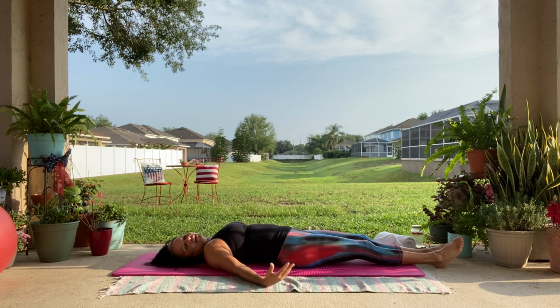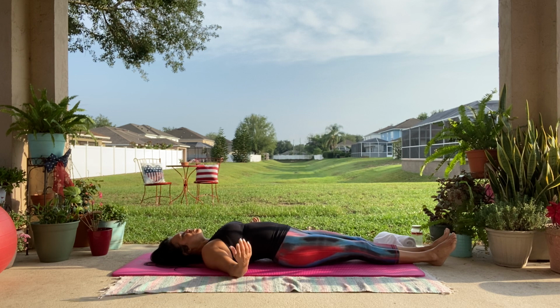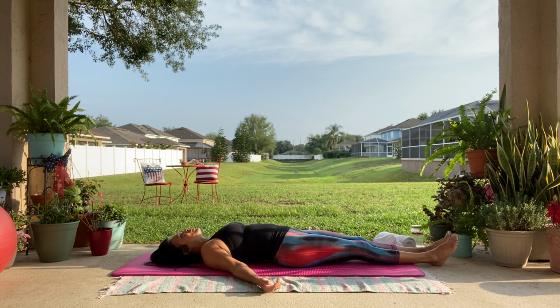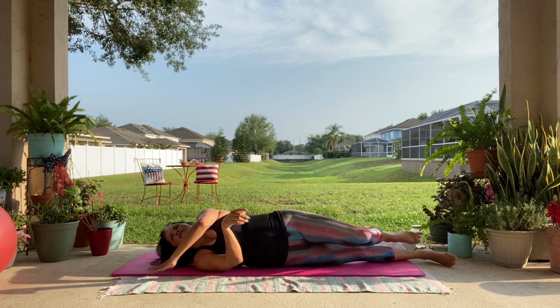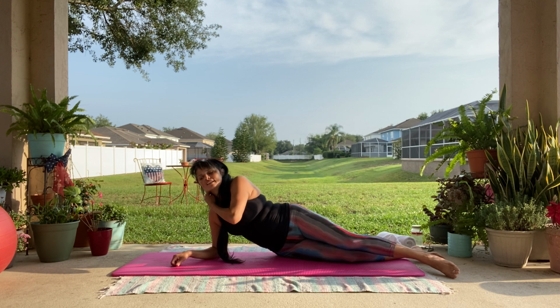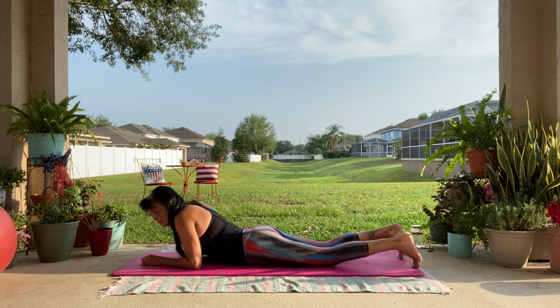We're entering cool down. So right here, I just want you to lay down. Put all your weight on the mat and just breathe. Take a few moments, catch your breath. We're going to go to our bellies now. It's really humid out here, you guys. So I'm going to go to my belly,